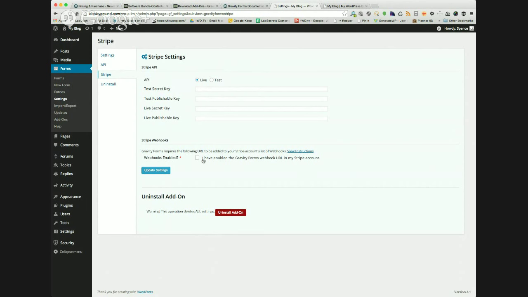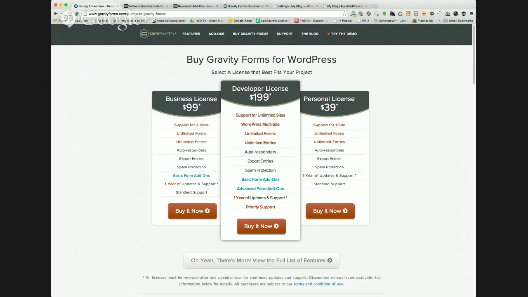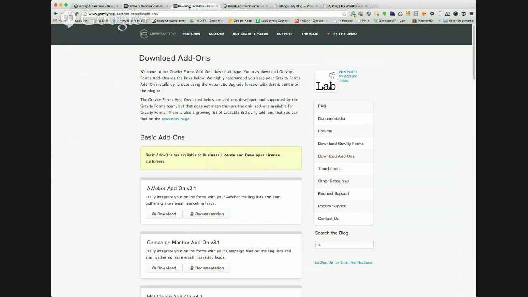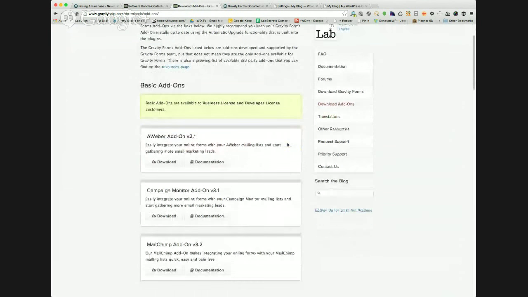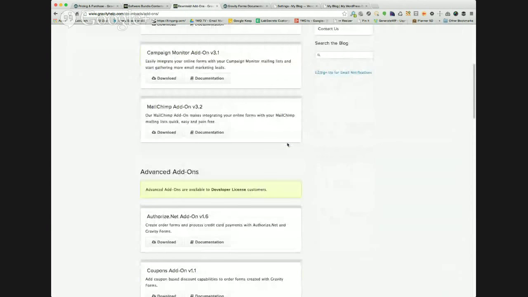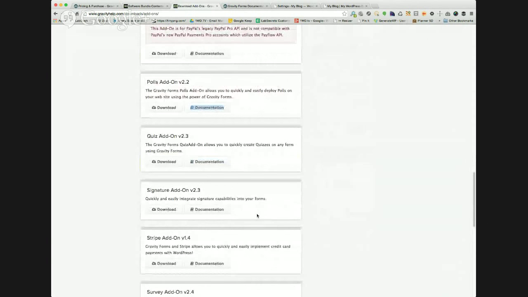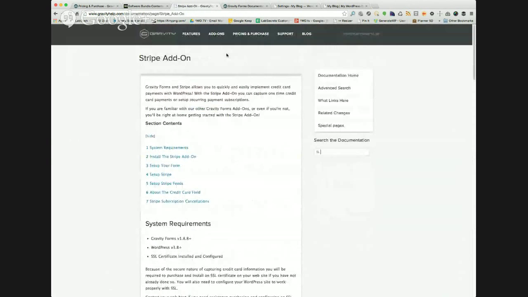Now, we're not going to go into detail on this, but I wanted you guys to see that Stripe is one of the premium add-ons that comes inside of this whole developer license. And by including it in our software bundle, we're basically giving you that for free. So there's a lot of cool stuff you can build with Gravity Forms that allows you to take payments. And you can see here the list of add-ons in Stripe basically match one for one with what we've got on our list, okay? And if I scroll down here to Stripe, we can go to their documentation page,